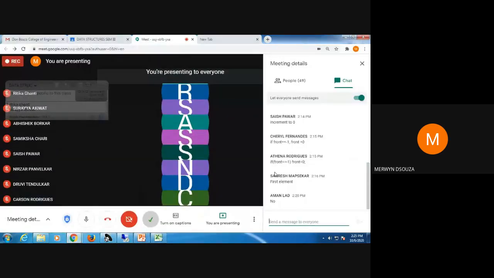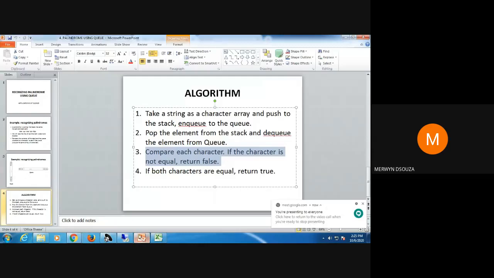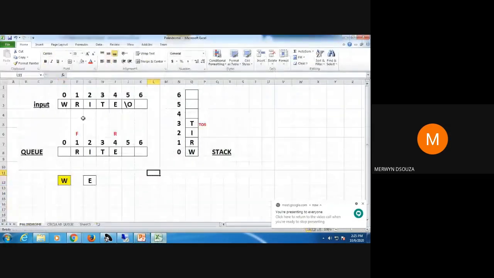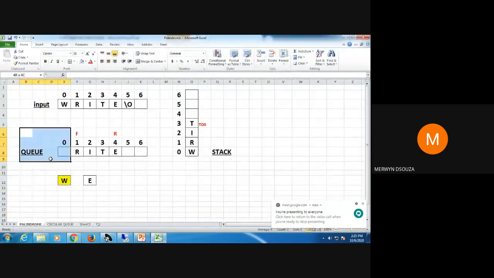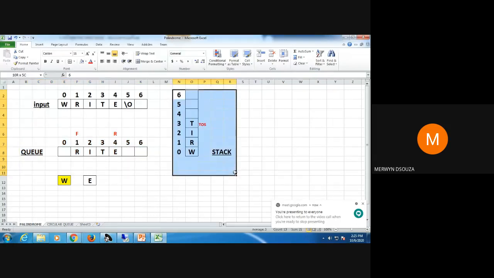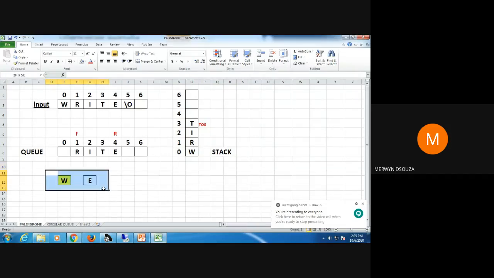So any doubts about how this algorithm is working? Basically your program is going to consist of the NQ and DQ operations and the push and pop operations. Once you DQ and once you pop, you have to have the logic for comparing.